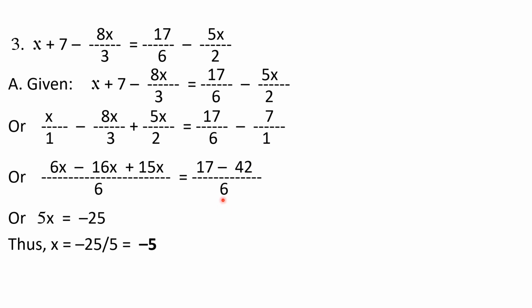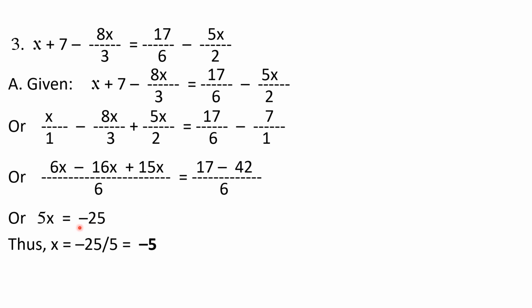When we divide 6 by 1, the quotient is 6, so 6 into 7 is 42. So minus sign here, minus 42. We simplify it further. So what do you get? Minus 16 plus 15 is minus x, and minus x plus 6x is 5x is equal to 17 minus 42